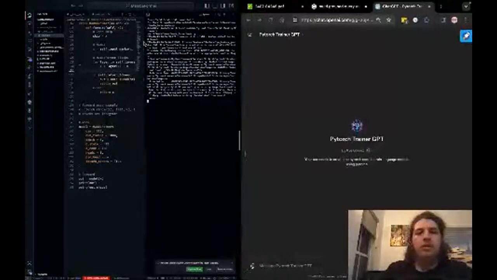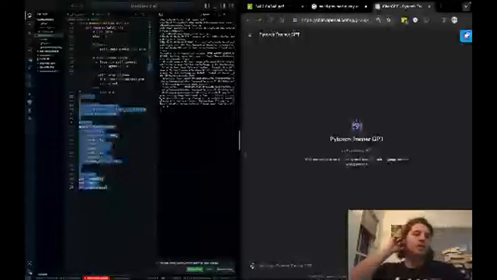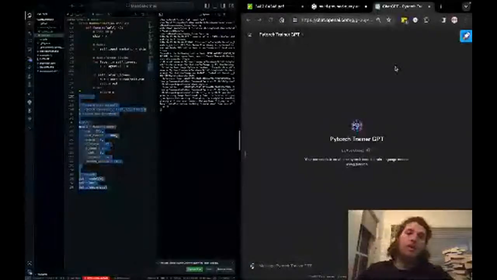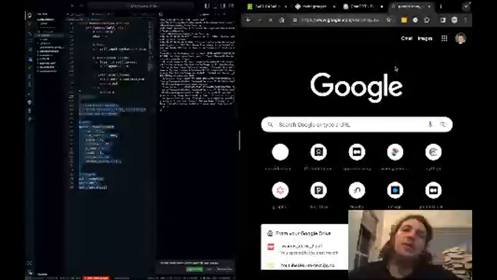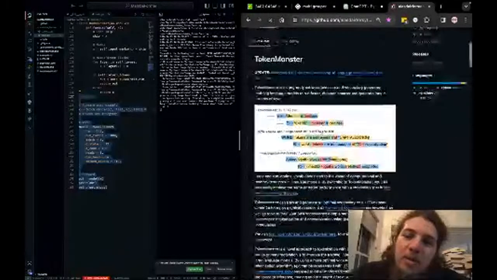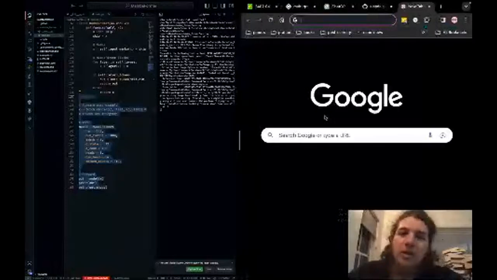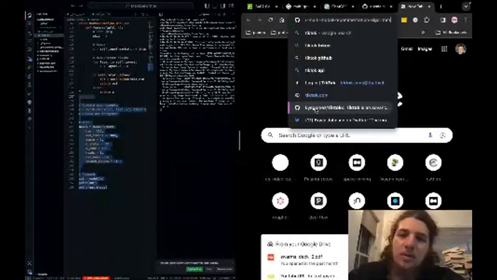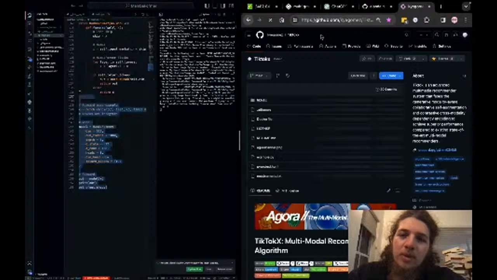You also need a tokenizer for this. I like Token Monster a lot. Token Monster is my favorite. It's a really compact, small tokenizer. But models like GPT-4 use tiktoken.